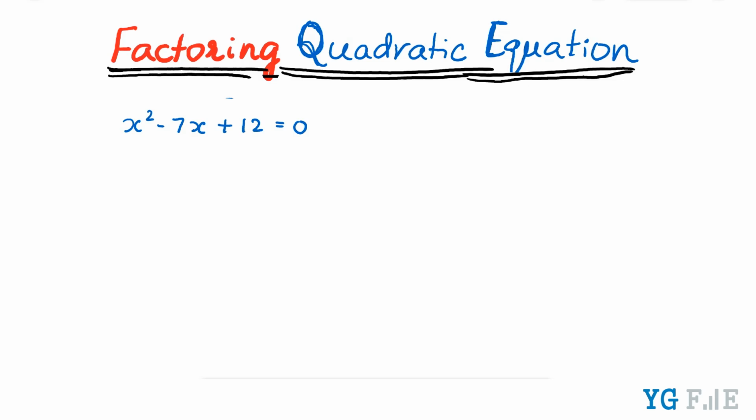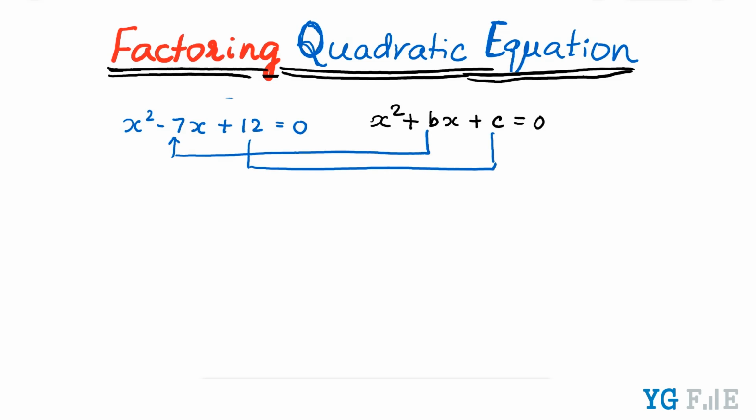Let us simply write the generic form of a quadratic equation like x square plus bx plus c equal to 0. Here b is minus 7, c is 12. So we want to express